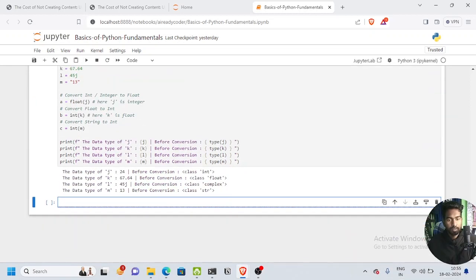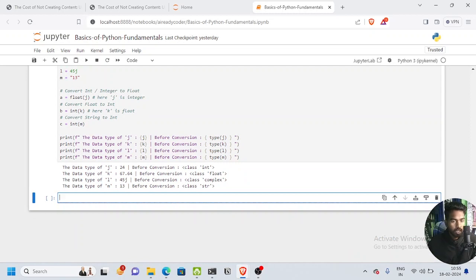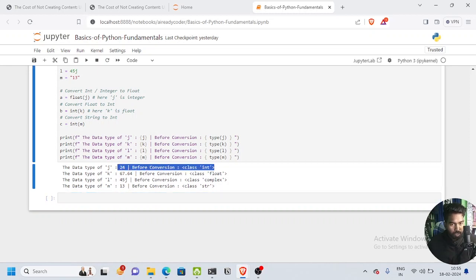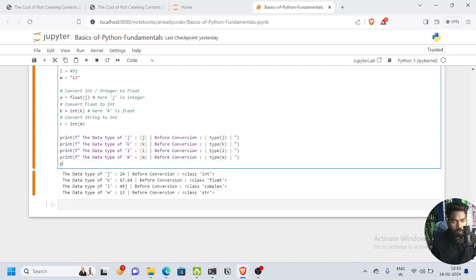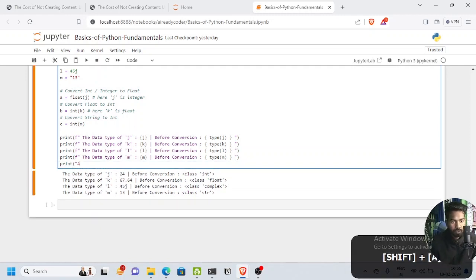Now let's run it. As you can see, the data type of j, k, l, m before the conversions are as usual. This is an integer, it's a float, it's a complex number, and it is a string number. But after the conversion, print data types of